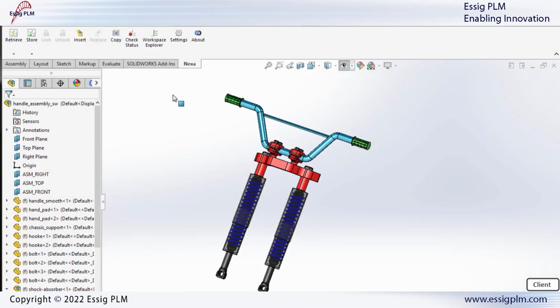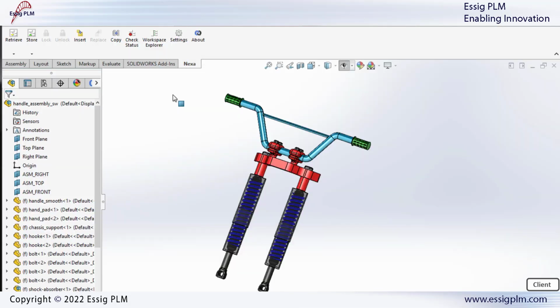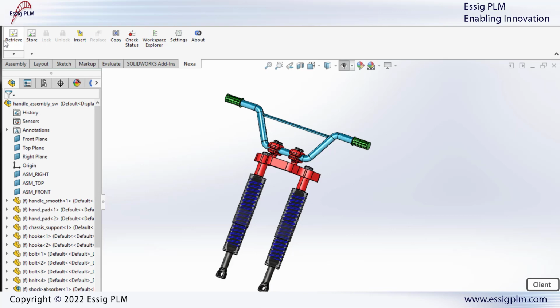If we open an assembly in SolidWorks and we select the Nexa tab, we can see a series of buttons that allow us to easily exchange data between Nexa and SolidWorks. In detail, we can see that the Retrieve and Store buttons are already available, while the Lock and Unlock ones depend on the actions performed on the assembly. We can also insert, replace, copy, check status, use the Workplace Explorer, go to the settings, or get information about